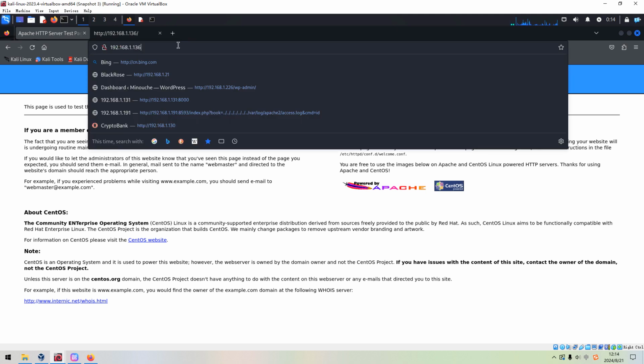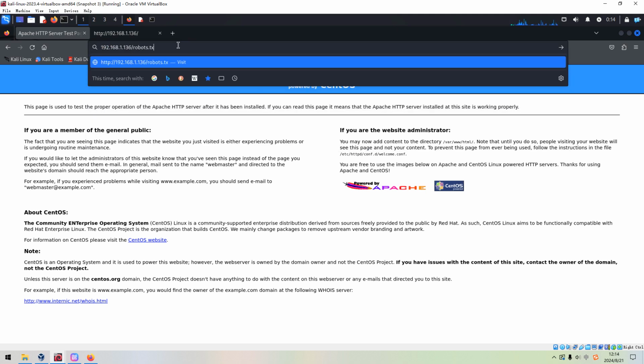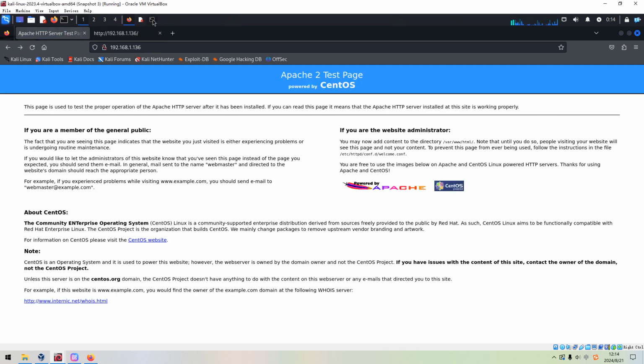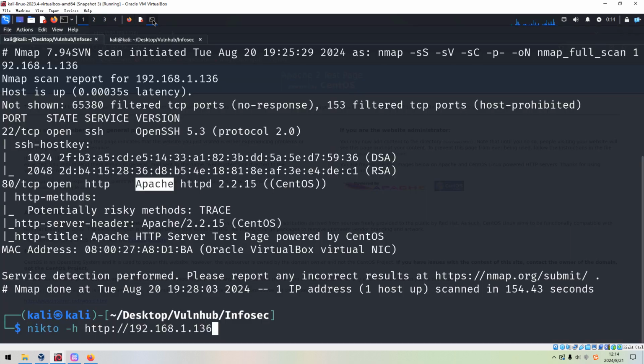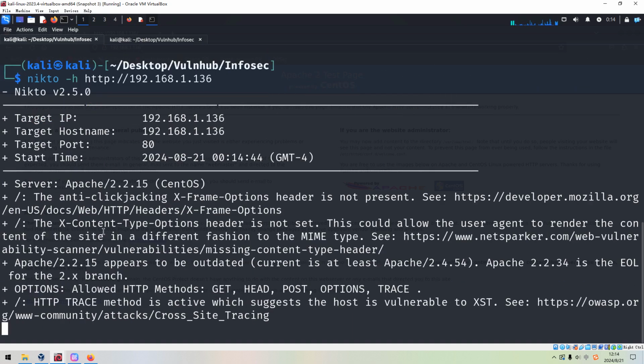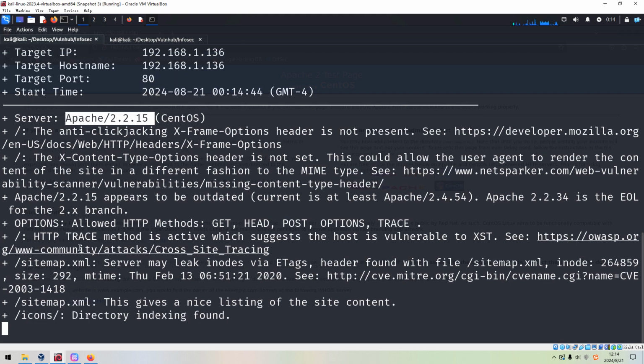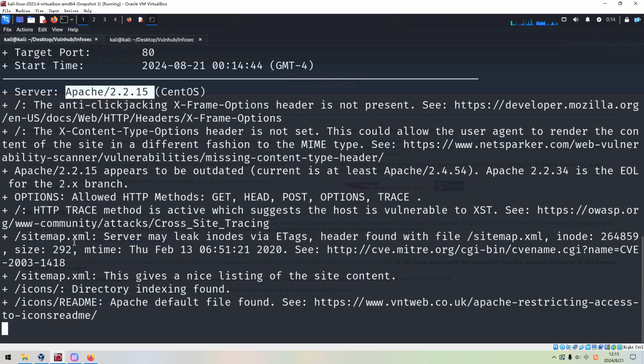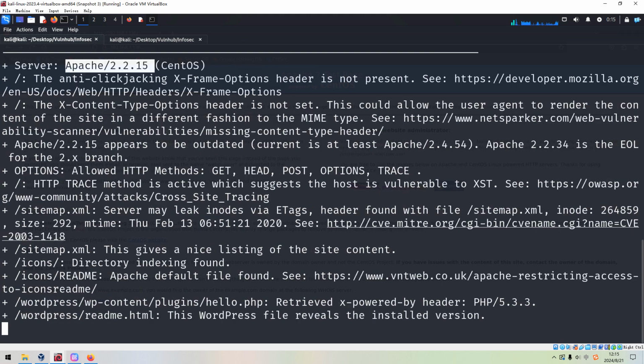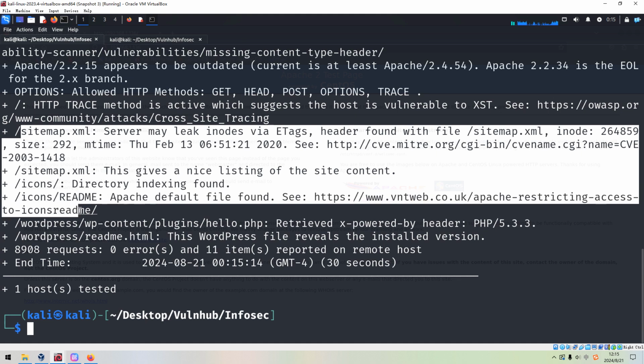So next we need to check whether this site has a robots file or not. Not found. Next, we can launch Nikto to do the automatic enumeration, because Nikto can give us rich information about the web application. For example, the request header, the banner or service version information, and also some common files or directories. Even more importantly, if the web application is vulnerable, Nikto can also give us such information. And I think Nikto found this file, sitemap.